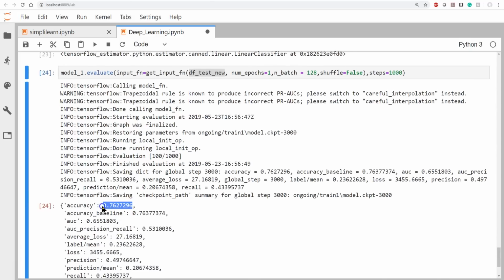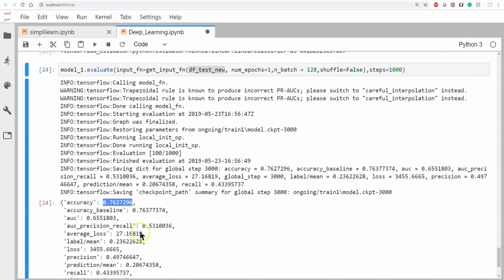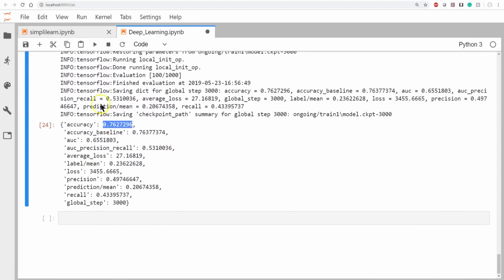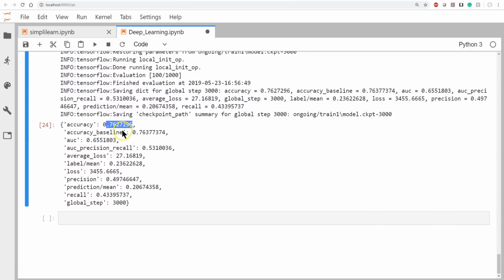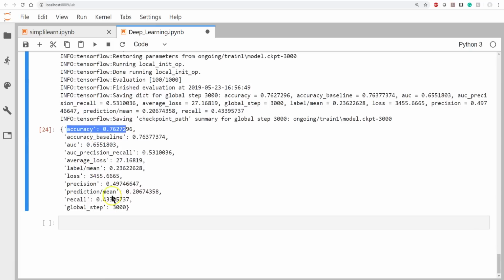Now, I don't expect the accuracy necessarily to get better on this because of the way we partition the data. But we can see here we now have an accuracy of 0.76, which is a little bit over the baseline, and it's about what I would have expected it to be, kind of the same. The reason is because we split the data at the people making over 50K and those making less. And so the age factor shouldn't be a huge factor. It would be if we were looking at more discrete buckets, like 40 to 50, 50 to 60, 60 to 70 when we create buckets. But in this, I didn't really expect it to go up that much.